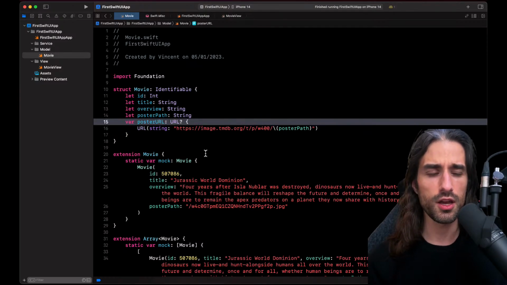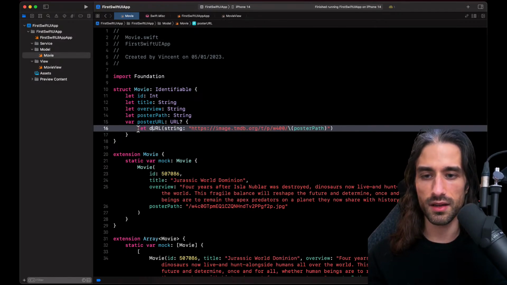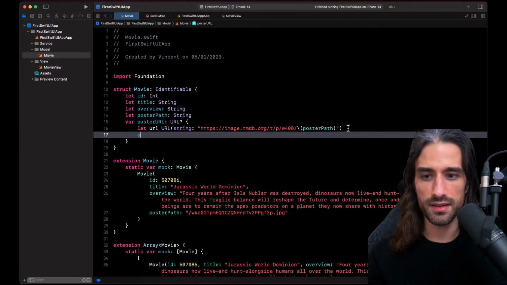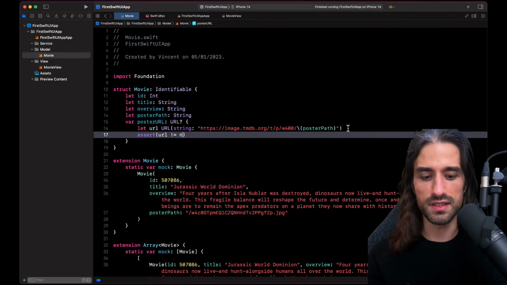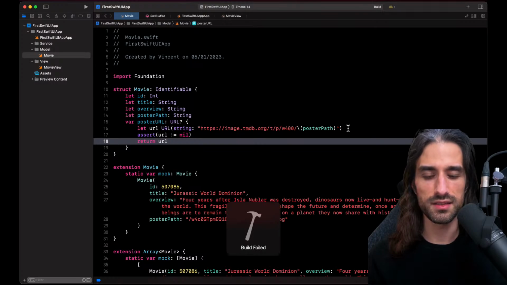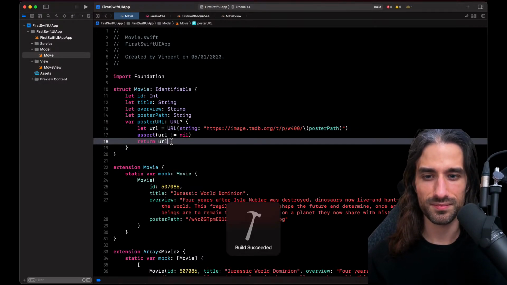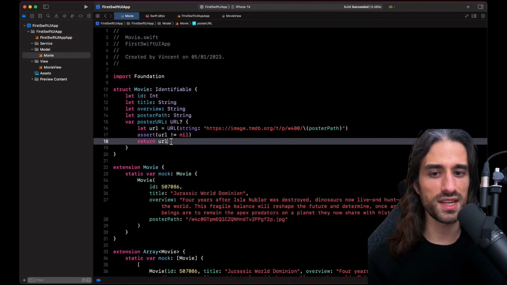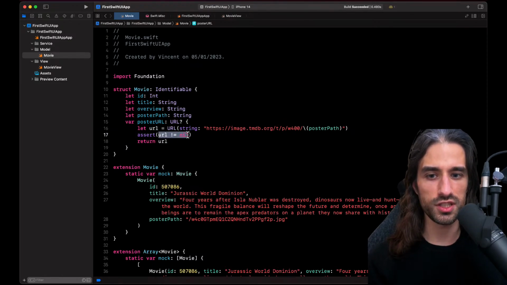And so you are saying we could absolutely put an assertion. Yes, something like this. So let's get the URL, then assert URL is not nil, and finally return the URL. Let's see, does it build? Oh, forgot to assign. Exactly. And this way the assertion would crash when you're in debug mode, when the condition here is not satisfied.